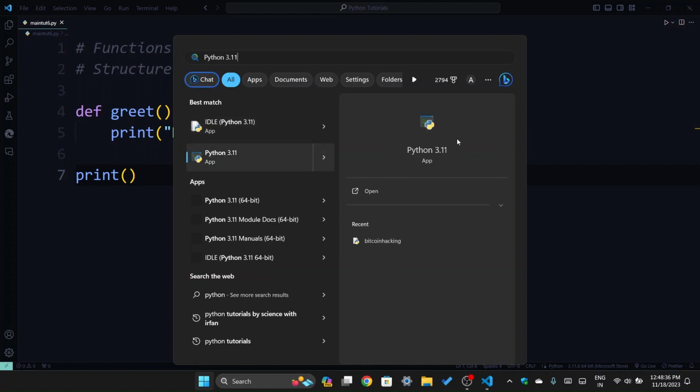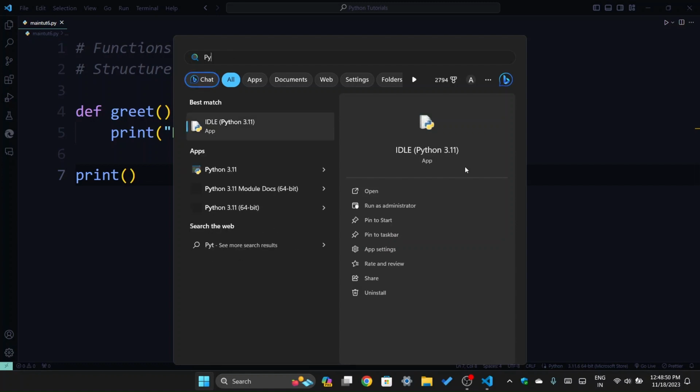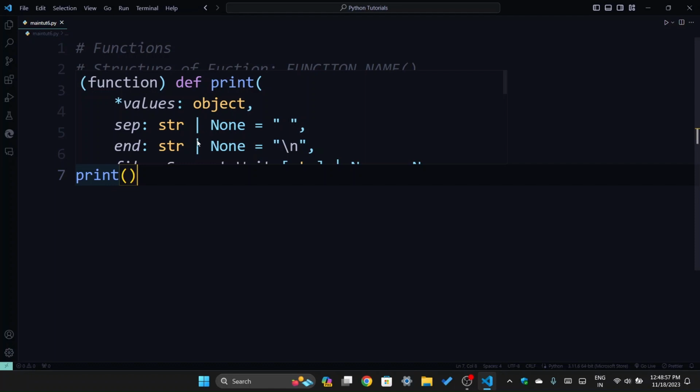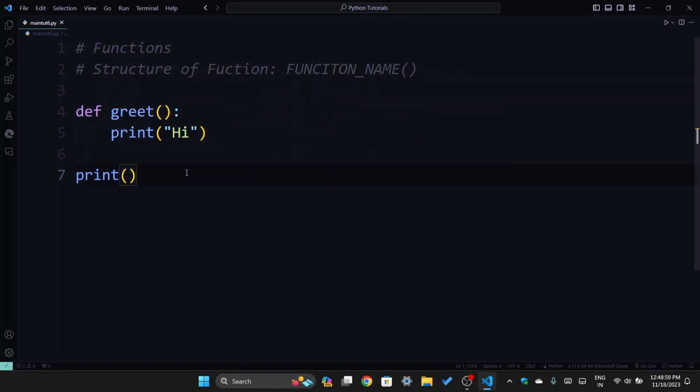I'm using Python 3.11. You can use any other version, but use Python 3.10 or later, because this course will be for Python 3.10 onwards. Now this print function is defined in Python. If I remove this, it will remain defined, but nothing has happened because it's only defined. We are not running the function,